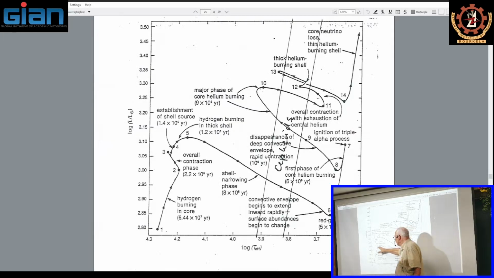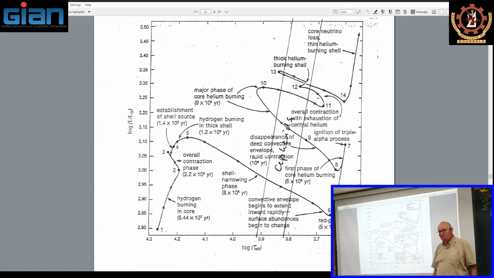10 to 7 years typically. Then you have a contraction phase. The star will contract in its radius, thereby releasing some gravitational energy. And at this place, the hydrogen is ignited in a shell around the burned core, of the Hertzsprung-Russell diagram. It stops at some imaginary line, which is the so-called Hayashi line, and then it